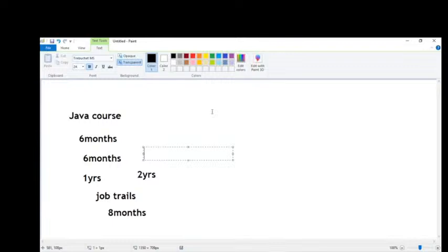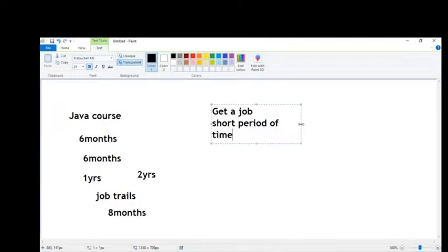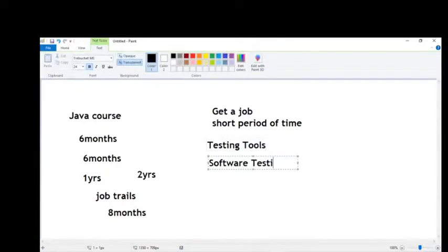So everyone's intention should be that we need to get a job within a short period of time. Everyone's goal should be like that. For that reason, most of the people are choosing this testing tool. Again, I already said that people call it software testing. In this software testing, we are discussing manual testing and